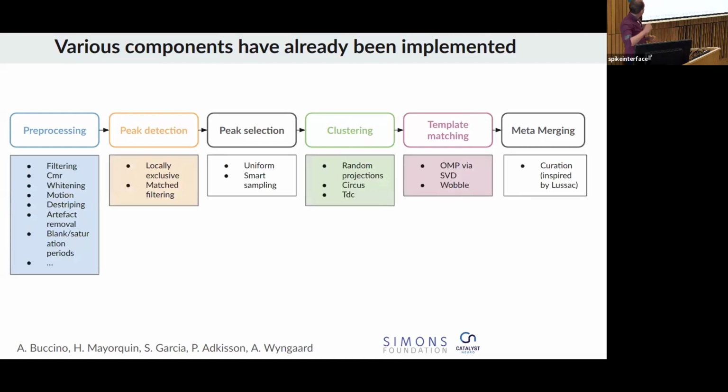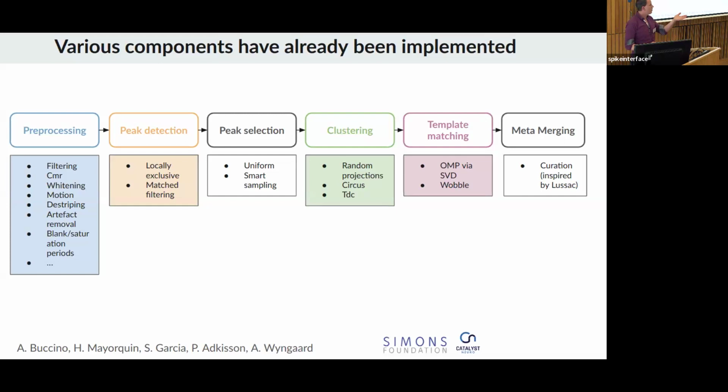So what we started to do with Sam and other colleagues here is to try to implement some of the options all across this pathway. So for example, for pre-processing, that's what has already been started in SpikeInterface. Now, SpikeInterface is a huge library of the most commonly used pre-processing steps nowadays. Why not extend this approach? So peak detection, various choices can also be made, and we implemented two that I will talk about later in the talks. Peak selection also, we could think about various ways of selecting the peaks. Clustering, various options here can be performed.